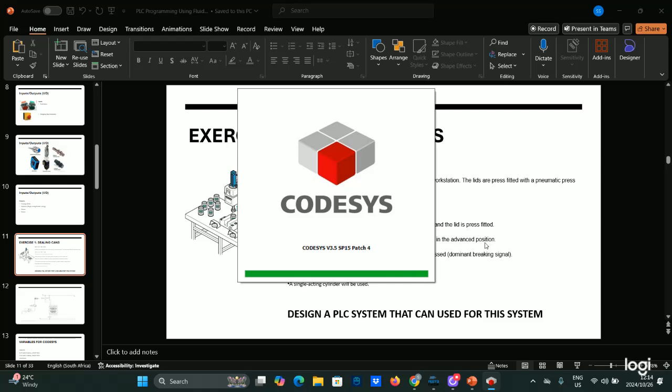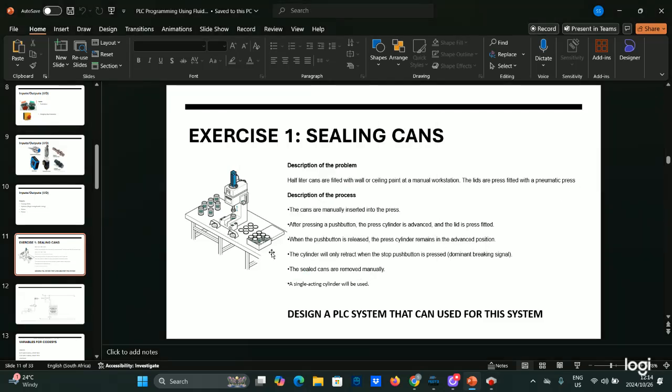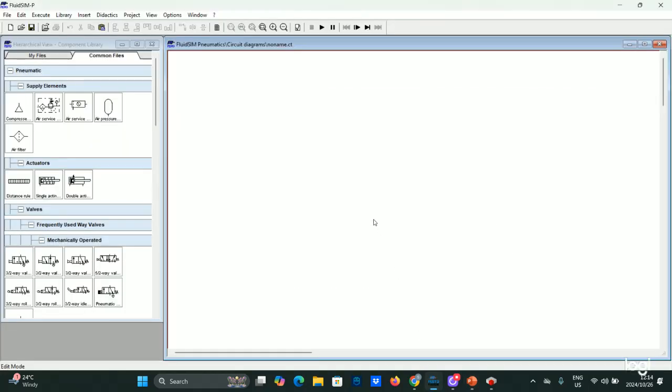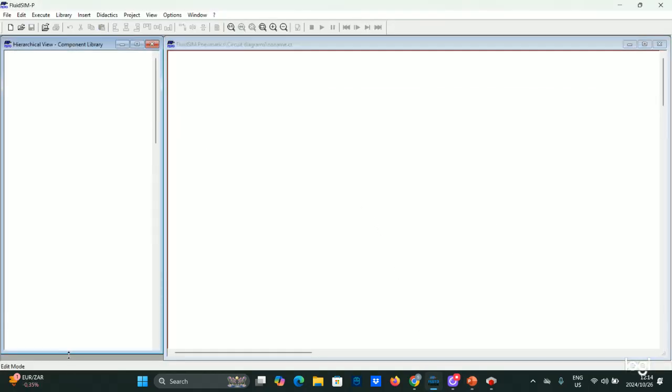While CODESYS is loading, I want us to go over this. Initially, I want to take you through PLC design. Now, designing our PLCs,